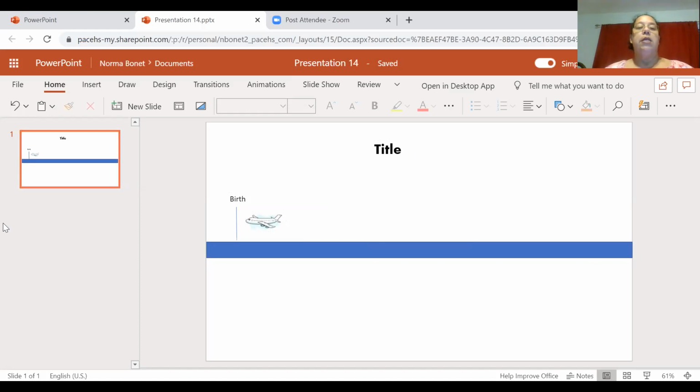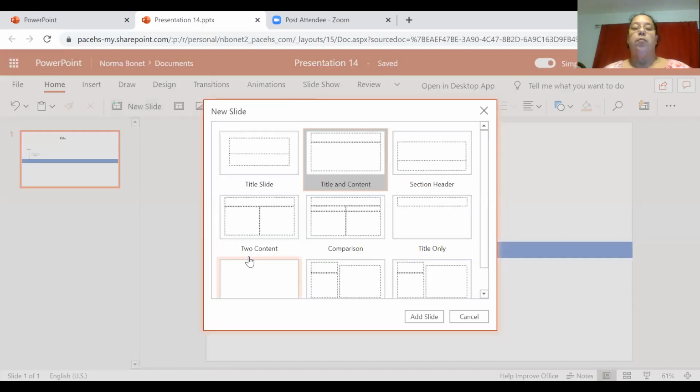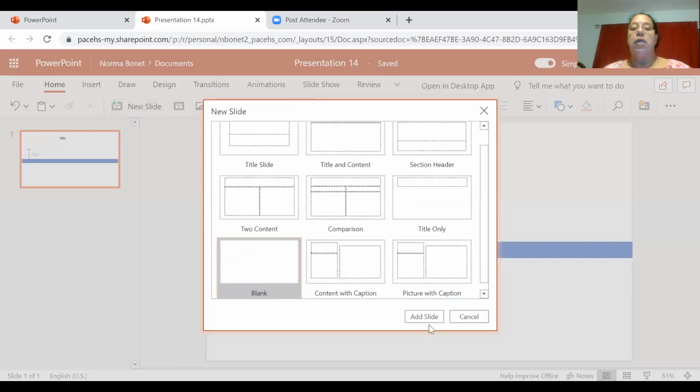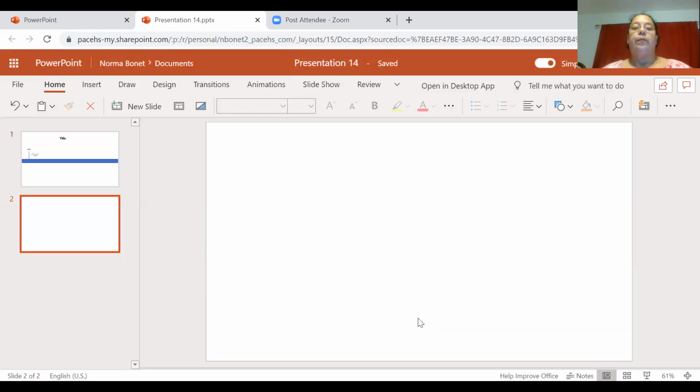I'm going to continue the instructions on this actual PowerPoint. Once again, I'm just going to show you the tools that you need to use to create the second project. I'm going to once again start with a blank slide and go ahead and create a title